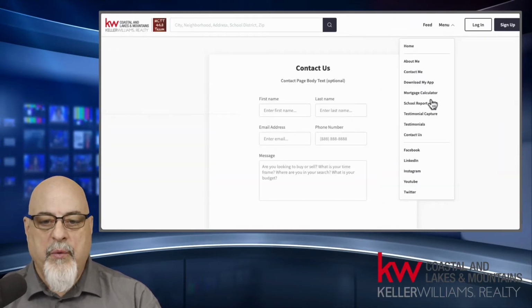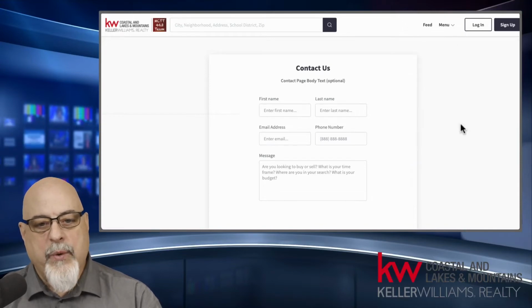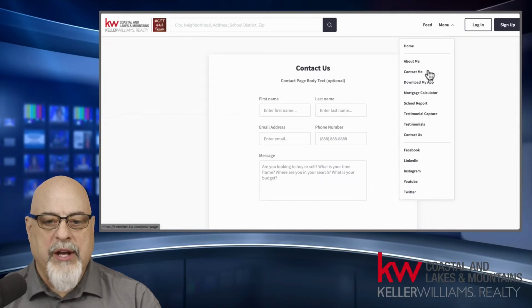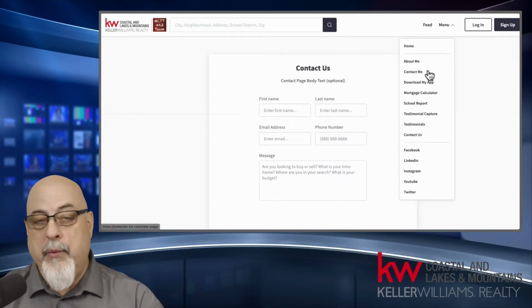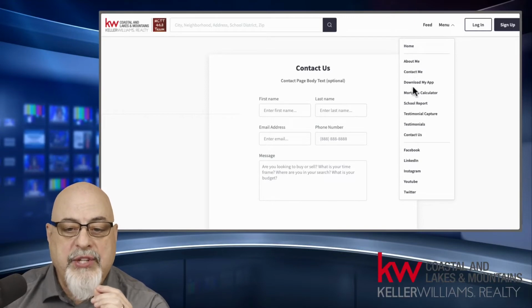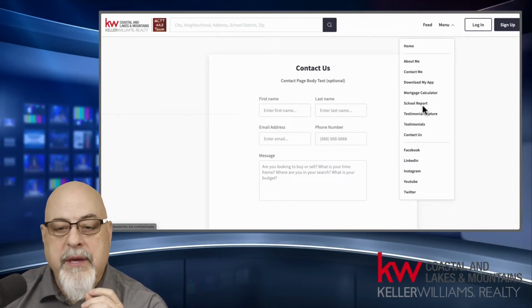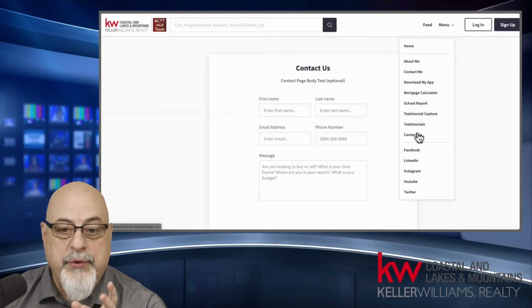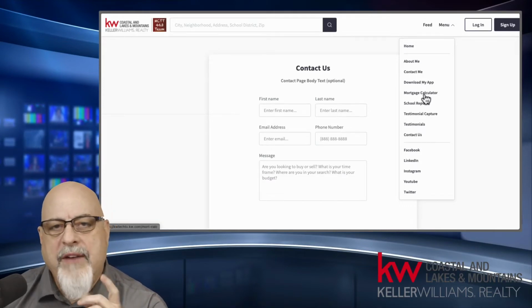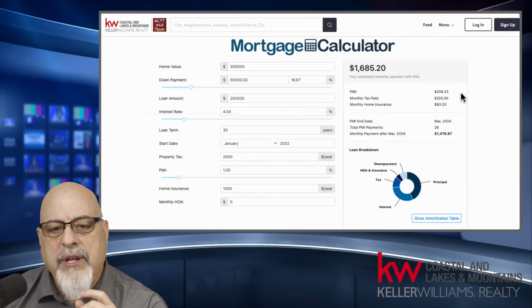I wanted two different ones here, so we can put these together. And then the other one here that we are going to look at is the Contact Us, which is more of a business style page. And we're going to take a look at how we can utilize these things. But remember, the key to remember is we can make as many pages here as we want, and they can be addressing anything that we want to address. Neighborhoods, whatever. We can have a download my app page. We have these little abilities to create